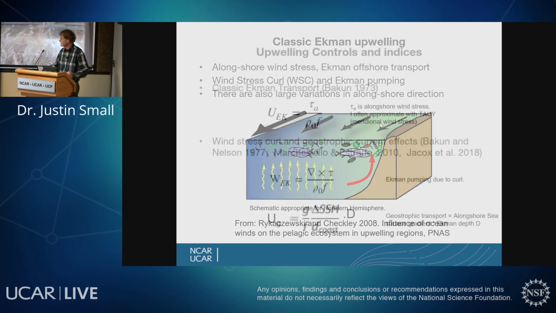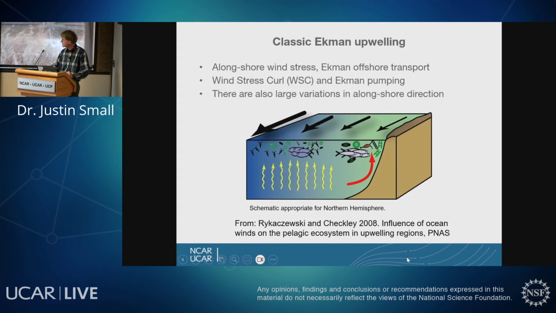But firstly, when you have these alongshore winds, you have what's called an Ekman flow away from the coast. The integrated ocean flow in the upper layer will be away from the coast due to the effects of Earth rotation. And so that forms a divergence at the coast, and the water is replaced from below. That's the red arrow. So this is the classic Ekman upwelling. And in this schematic, you see that the ecosystem likes the cold and high nutrient waters that are upwelled.